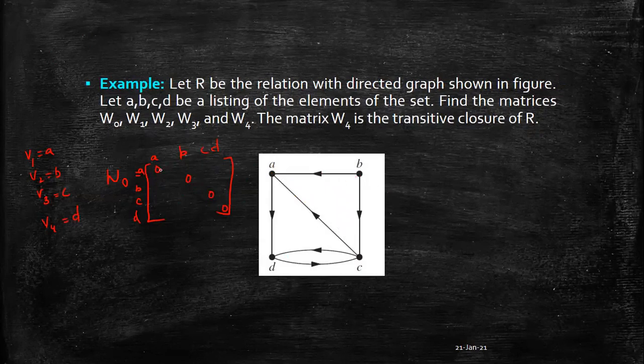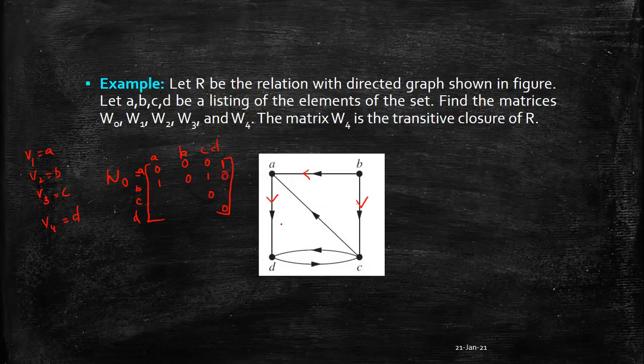Now from A, do we have a relation to B? No, we don't have a relation to B. So from A to B there is no relation, so it will be 0. Similarly, from A to C we don't have a relation, 0, and A to D we don't. Actually from A to D we have a relation, this edge is a relation from A to D, so this will be 1. Then from B to A we have a relation, that is this edge, so this will be 1. B to B is 0. Then B to C also exists, this edge, so we will mark it as 1, and B to D there is no edge, so 0.